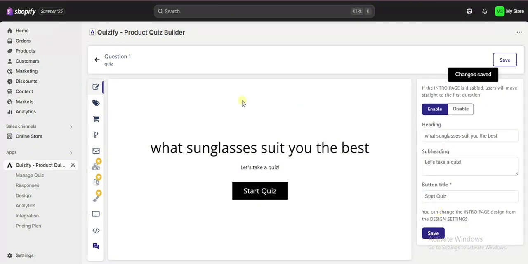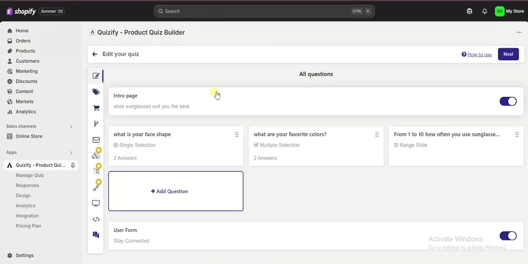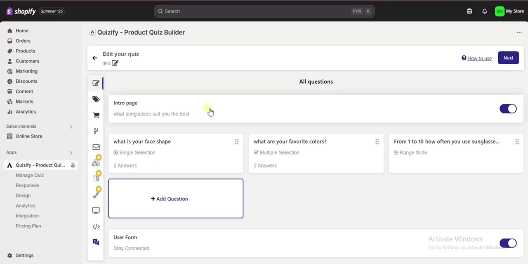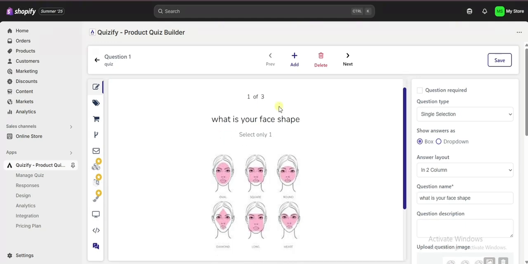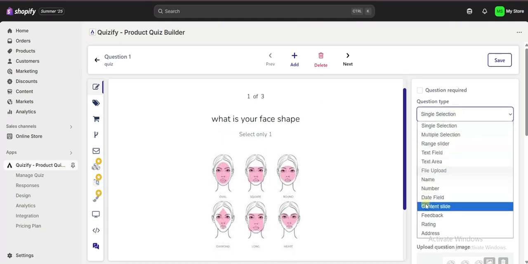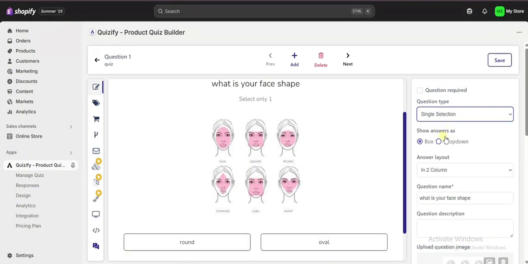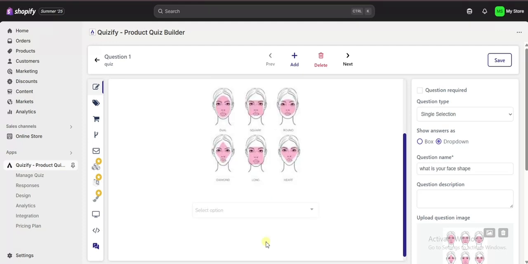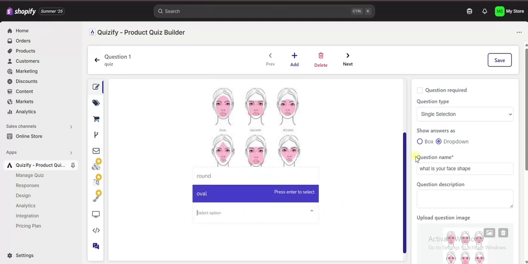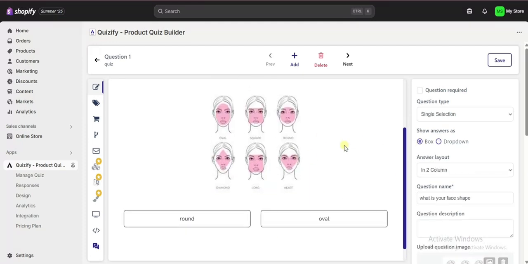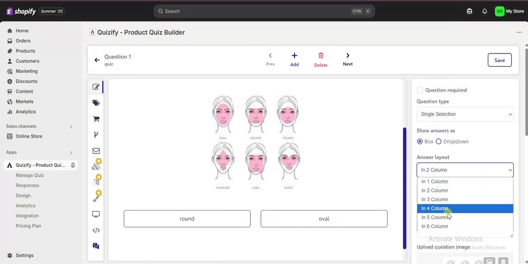And after saving, we need to come back to the main page, and here will be demonstrated your questions that you can add more to, and here are the options that you can choose as your question types. For me, it's a single selection in this case. You can also change this part, but I'll keep it like this in this case. You can also change how your answer layout will be, and